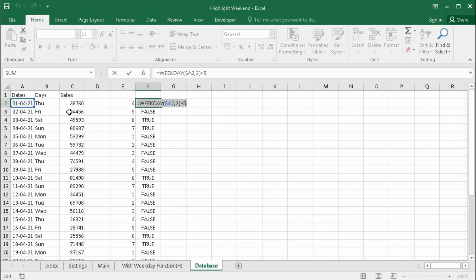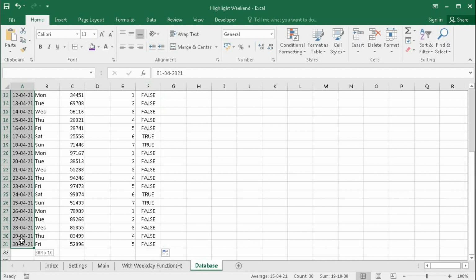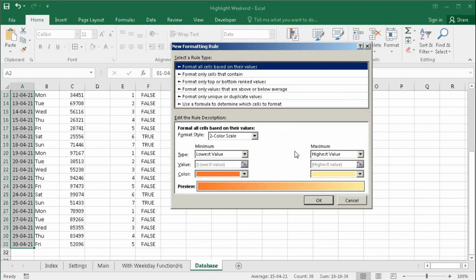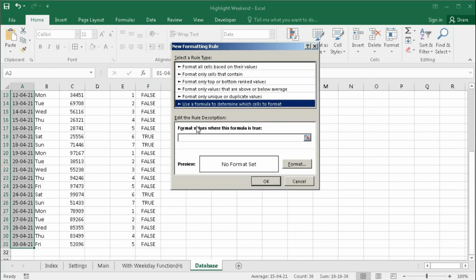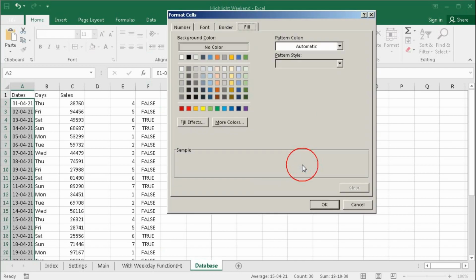So copy this formula, then select the dates, go to conditional formatting and new rule, then select this option, use a formula to determine which cells to format, then click here and paste the function, then format, fill color as red.